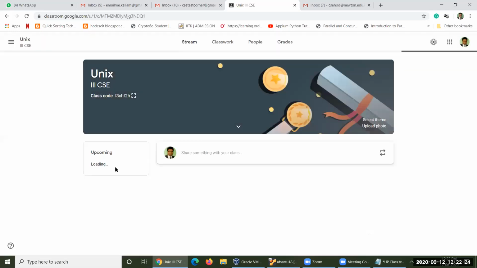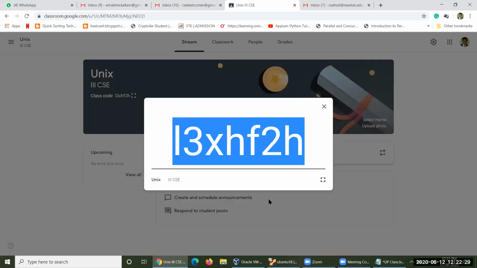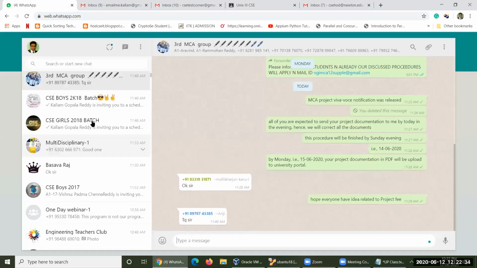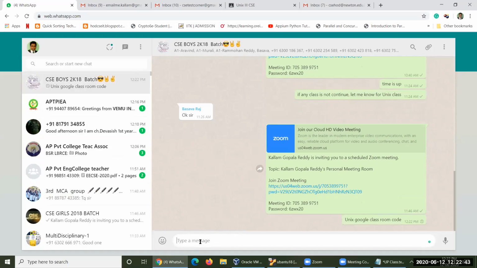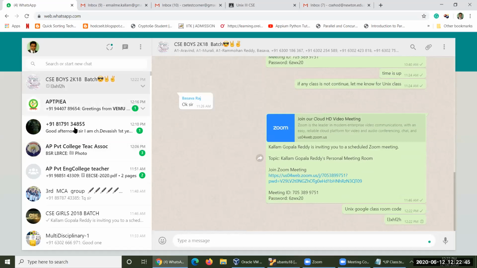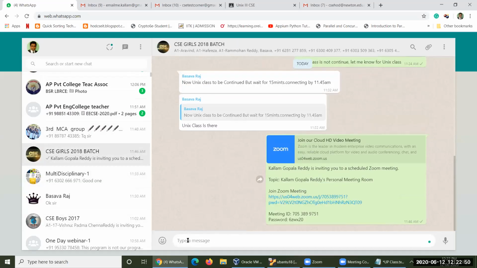Yes, it has been created. Now you can see this is the code for the Unix classroom. Unix Google Classroom code is this one. I ask everybody to join this classroom immediately.